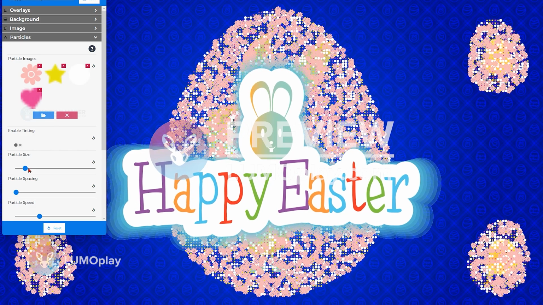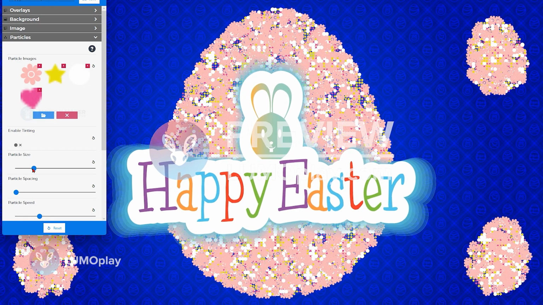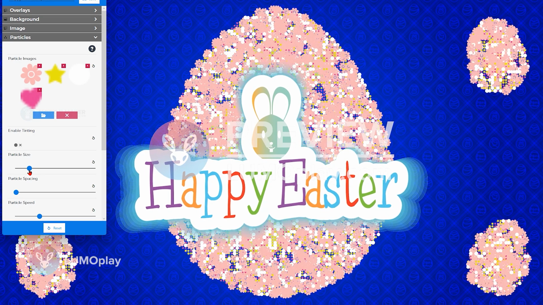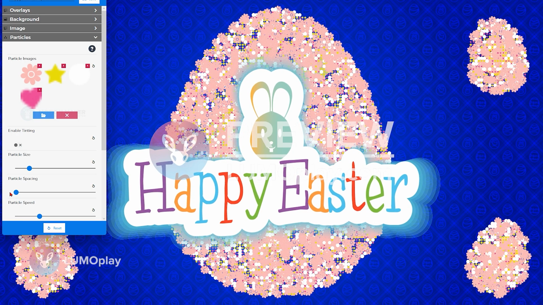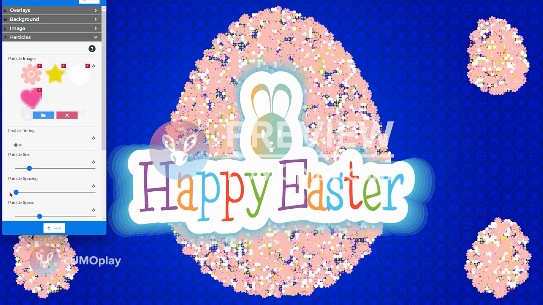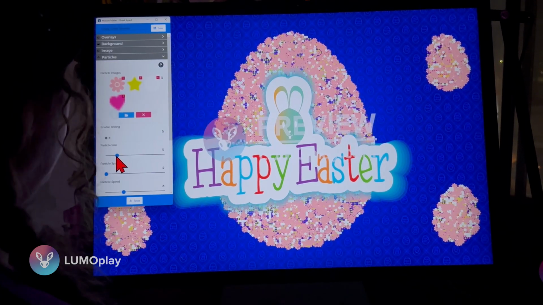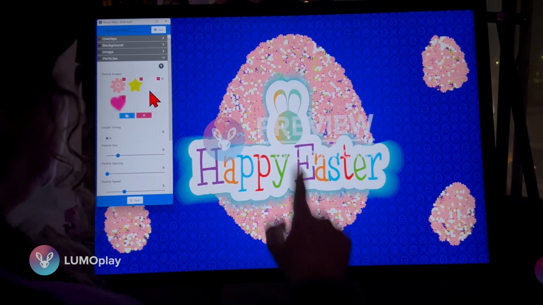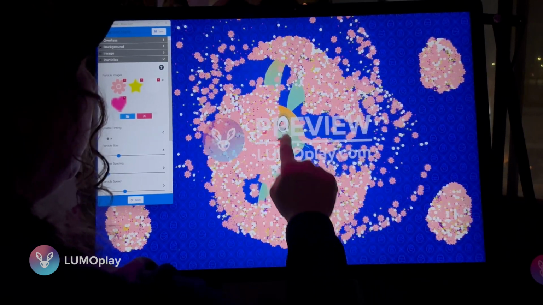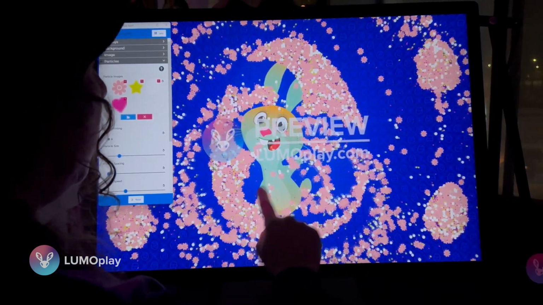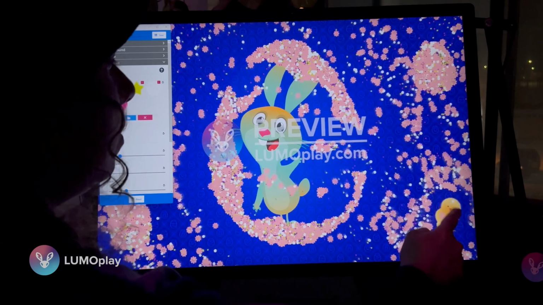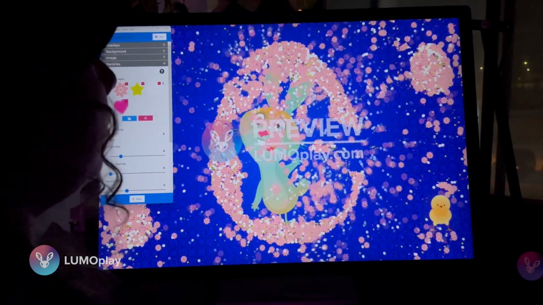I'm going to turn these particle sizes up just enough that you don't really see the video in the background. There's a little bit of hinting, but there's not that much. Maybe a little bit more. That's perfect. And now I can reveal my video, and it makes all these cute little flowers and hearts move